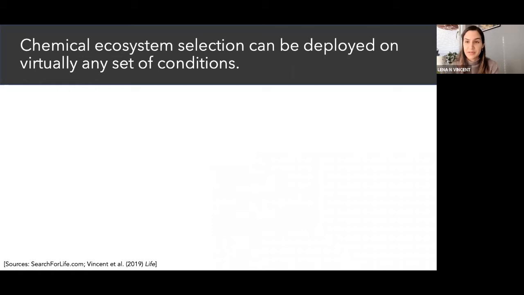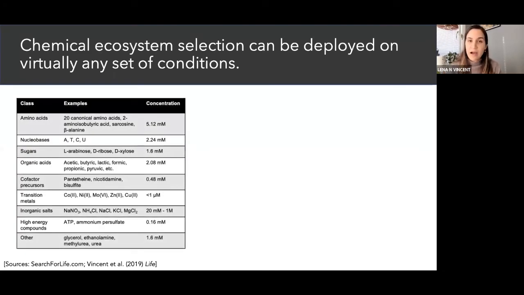So our lab has screened several sets of conditions, but for the purposes of this presentation, I'm going to focus on one specific recipe that we used that gave us interesting results. But I just want to emphasize that in principle, ecosystem selection does not require this specific recipe. We only use this as a starting point, and our rationale here for the design was to try to replicate early Earth conditions as best we could.